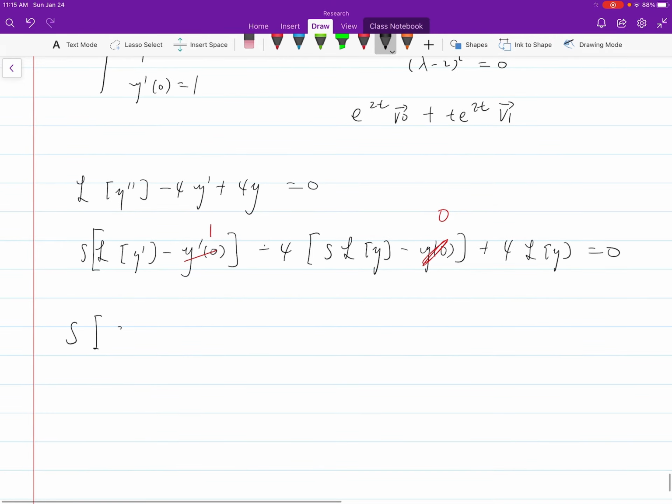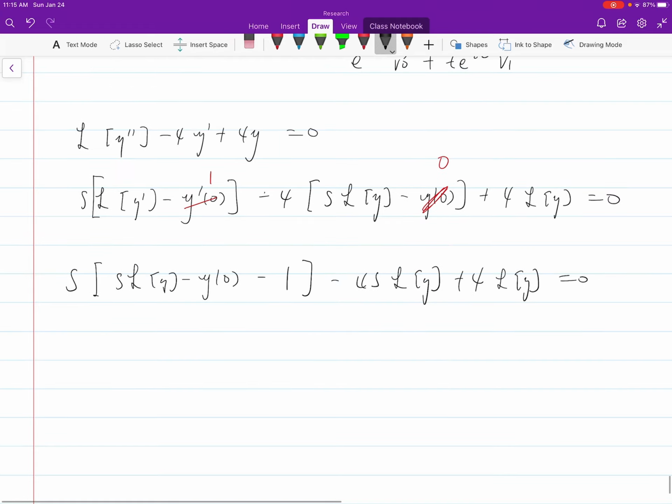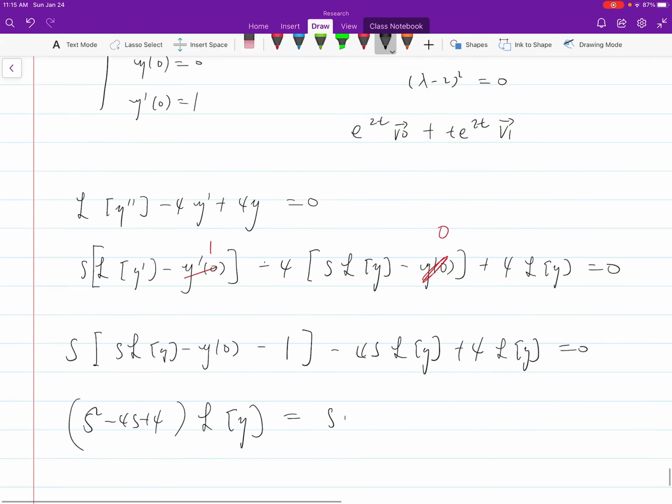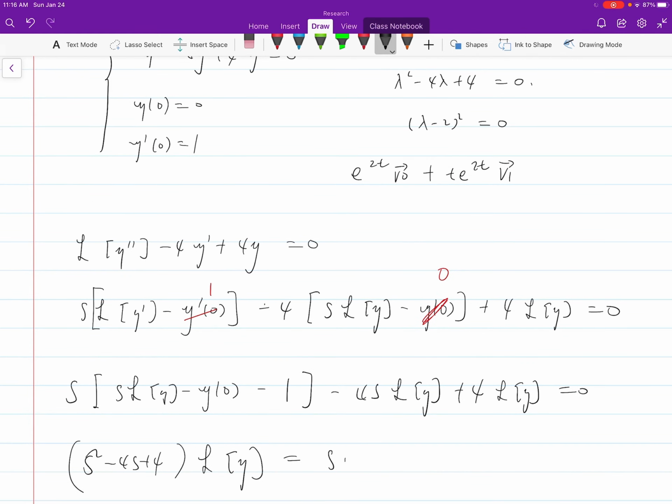So we have s squared L(y) minus s y(0) minus y'(0), which is 1, minus 4s L(y) plus 4 L(y) equals 0, which is (s squared minus 4s plus 4) L(y) equals s y(0), y(0) is 0, so